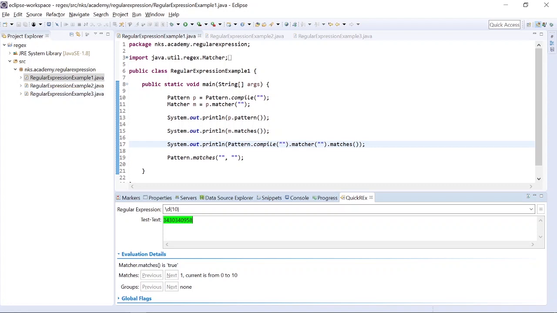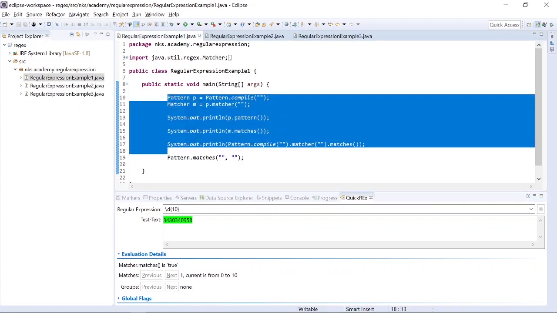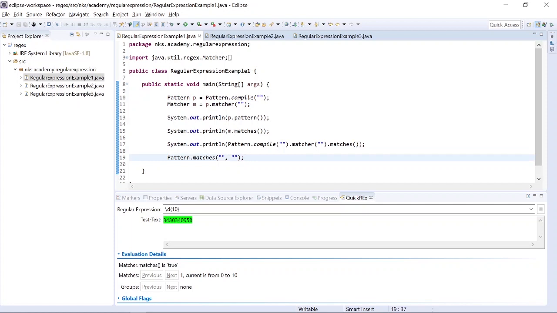Now if you don't know how to create a project or a package, you can hit on the I button above and go through that video. Okay, now see this, inside the class I have defined a few lines. We are going to see each one of them sequentially.